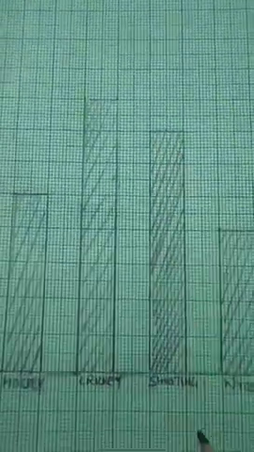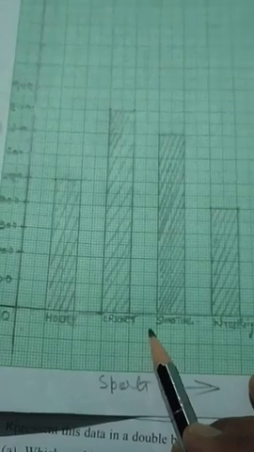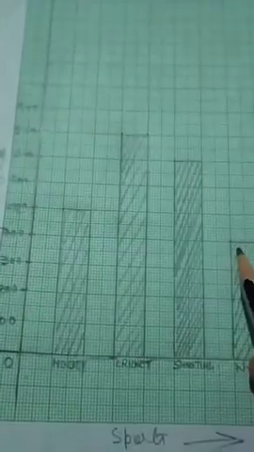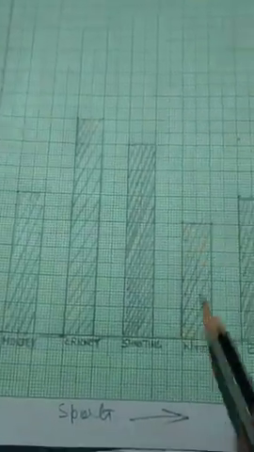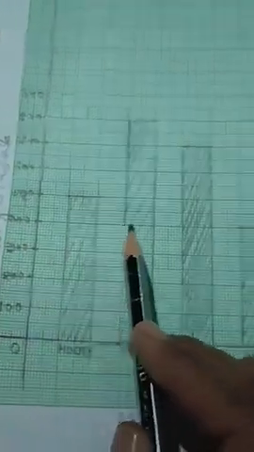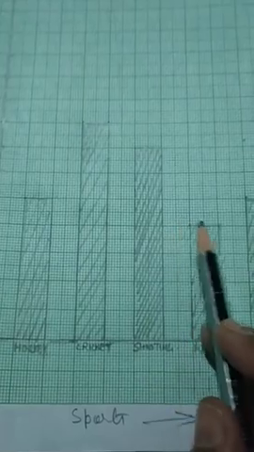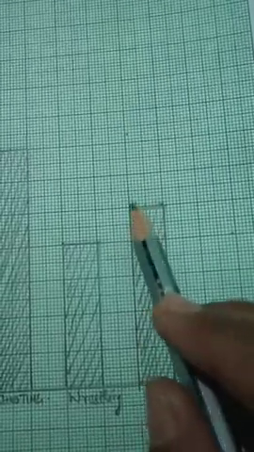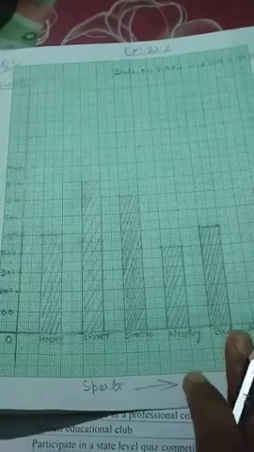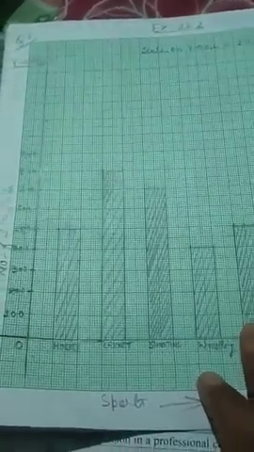700 students like shooting, so we will make its bar like this. Wrestling: 400 students like wrestling. So 400 is here. You can scale with the help of a scale. You can see where it will go up to the height. Now badminton, 500 students. So we have taken this up to this height. This is the way you can draw the bar graph of question number 1.